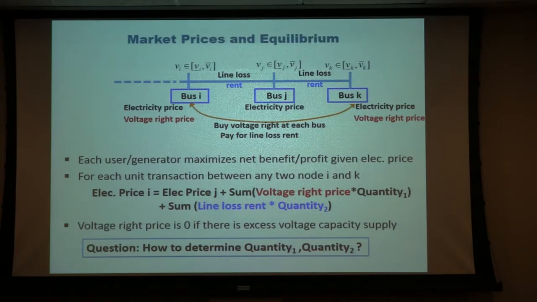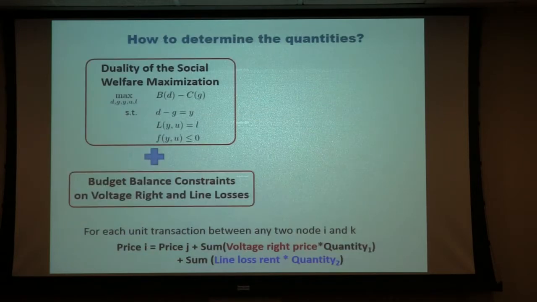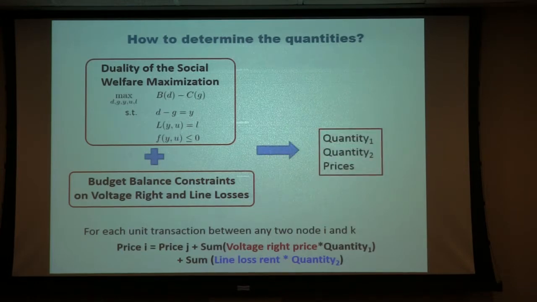So for this question, we put them together. The question you asked is, how are we going to decide the quantity, how much I'm going to pay? So far, what I'm talking about here is trading two things. We look at the market, I want the market to be efficient. And secondly, budget balance: all the services that they use will be paid by someone. From these two constraints, it can tell us how we should design the quantity list and the price list.